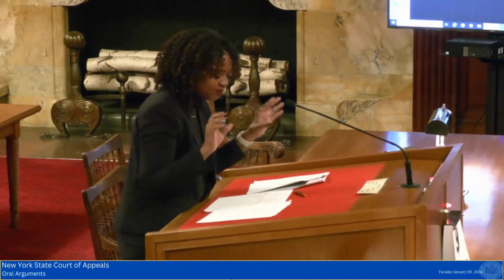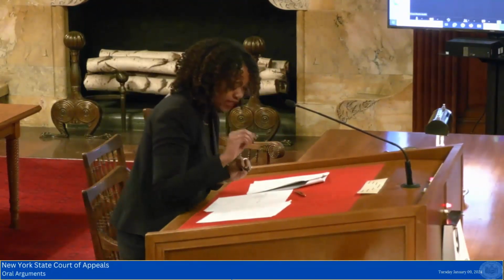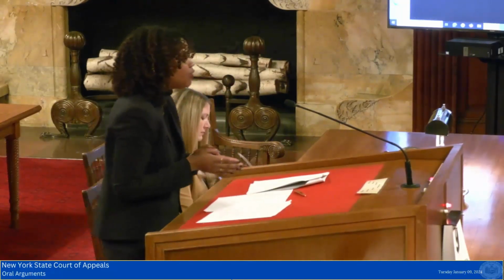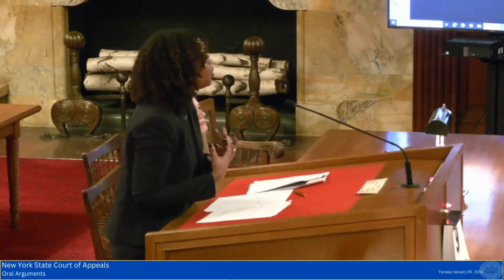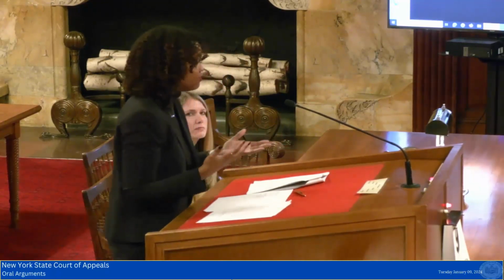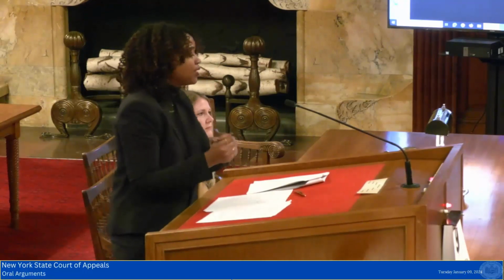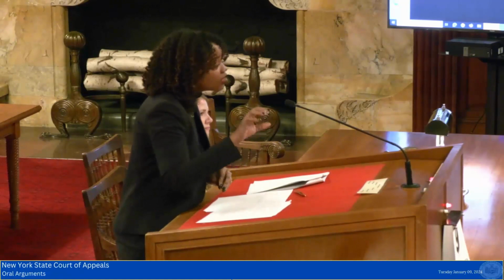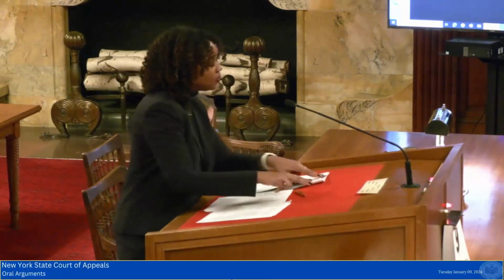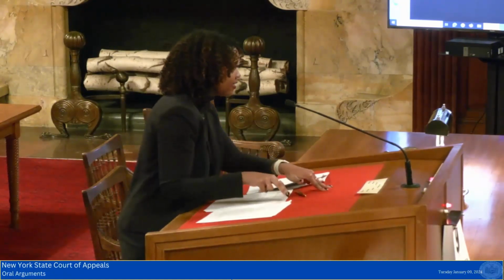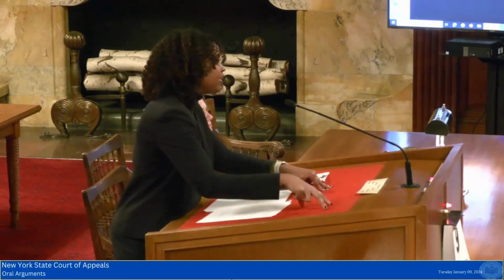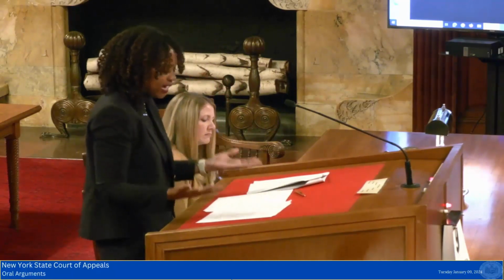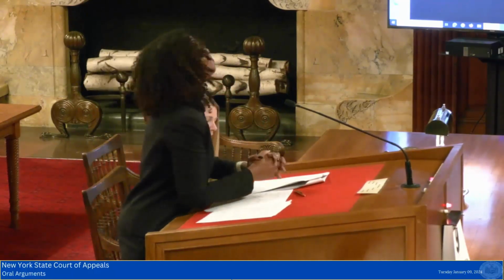And just briefly in closing, I want to again highlight and urge the court to also look at the plain language of CPL 510.30, which also says that when somebody's being released on a felony, the judge is required to tell them, if you get rearrested on a felony, you are subject to revocation under subsection 2. So this is in two places now that the legislature has indicated that subsection 2 is the appropriate vehicle here. And so we would just ask, Your Honor, as the Appellate Division below held,